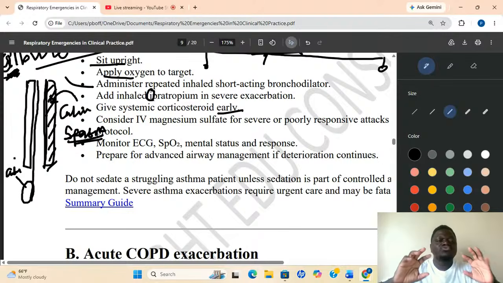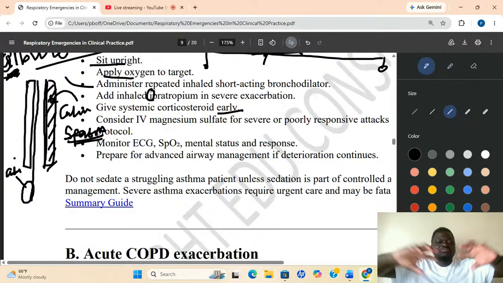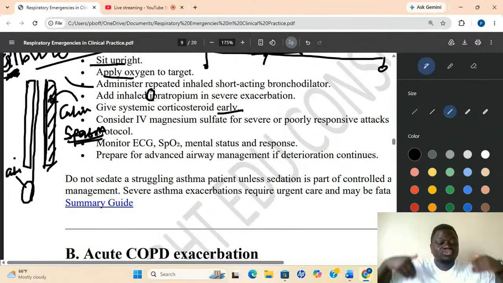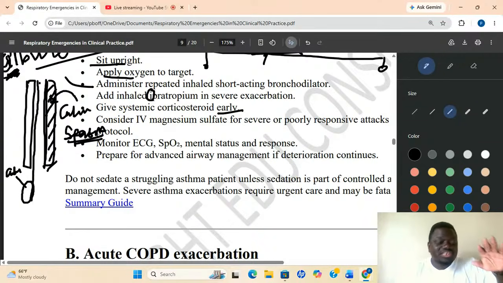So anytime you get respiratory allergies, they swell, they become big. They can become big to the extent that they will burst, they will rupture. When they rupture, then you begin to release the secretion in the airway. So the hydrocortisone and all these steroids will come and relax all those inflammations.